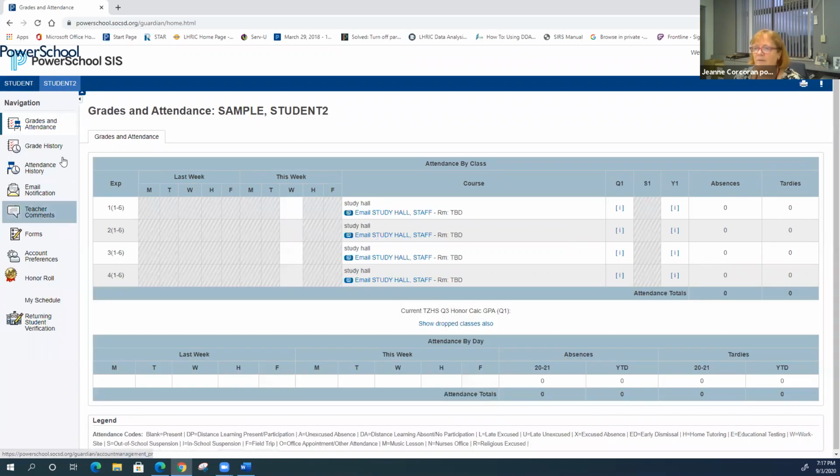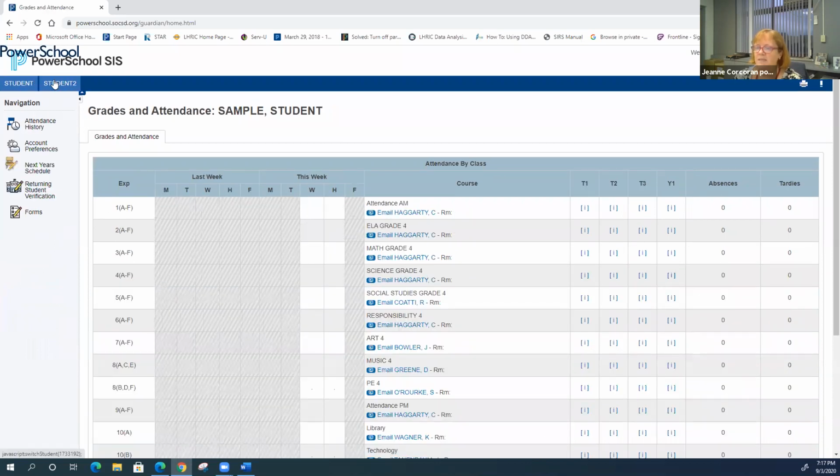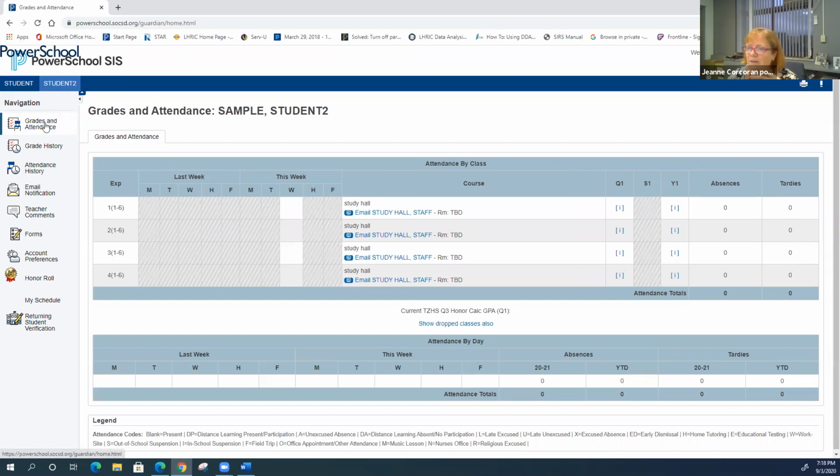Notice that this left column looks a little different for each student because they're in different schools. So the things that will be needed and important in the portal for each student is going to be different based on their grade level. In other words, for elementary students, this is the basics of what you need. But when we talk about high school students, we have a little bit more in depth because there's more information available for high school or middle school, any of the secondary students. So